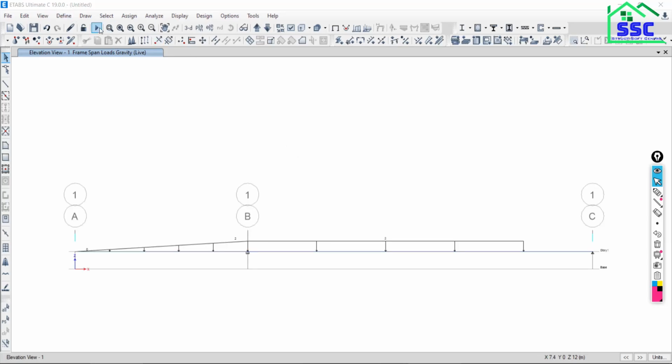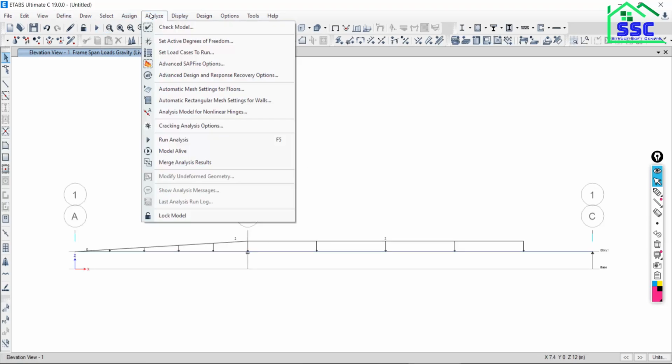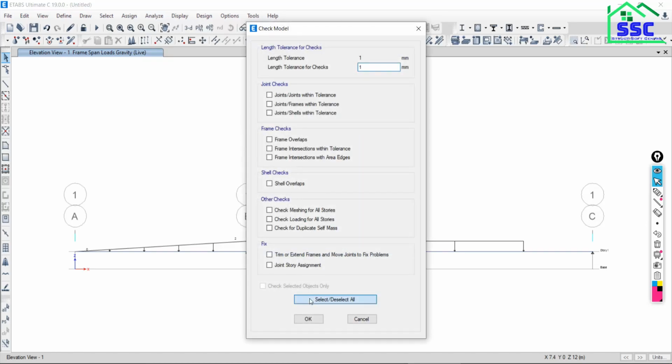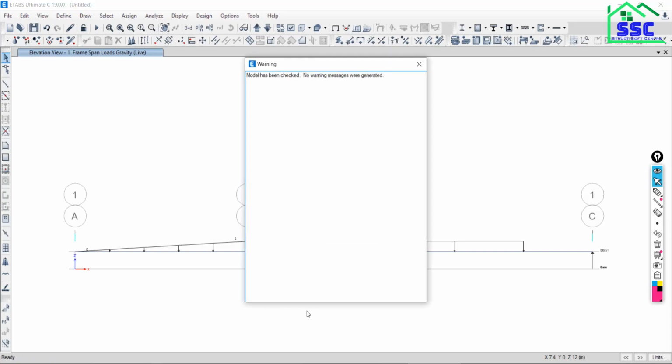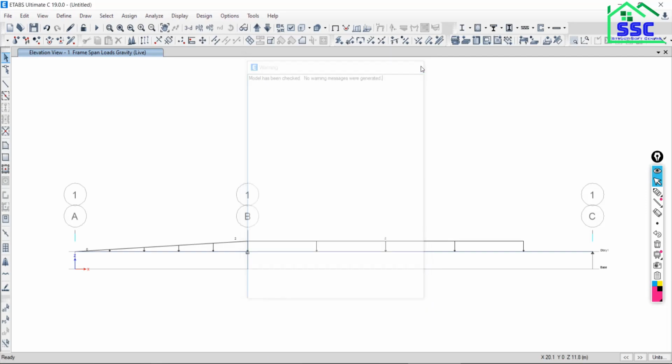Now run the analysis. Okay, before that, go to analyze, go to check model, check all these options, say okay. So this will give the indication whether the analysis is right or wrong. Model has been checked. No warning messages were generated. Just close this.